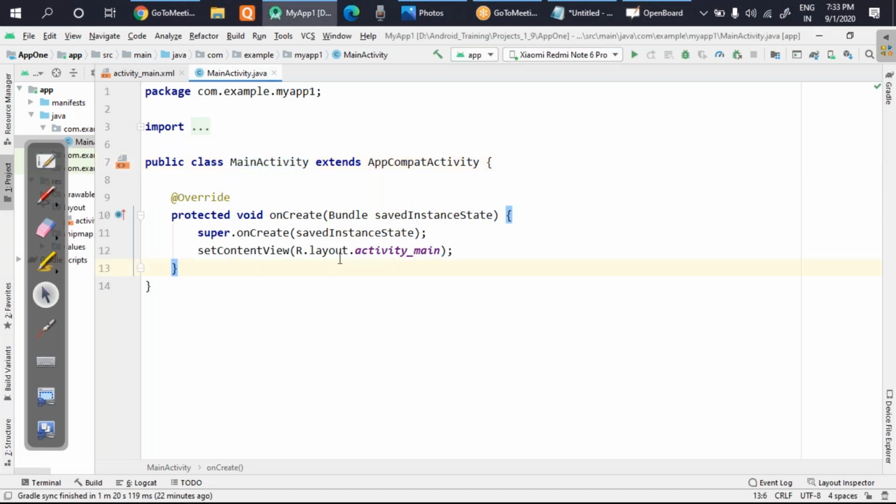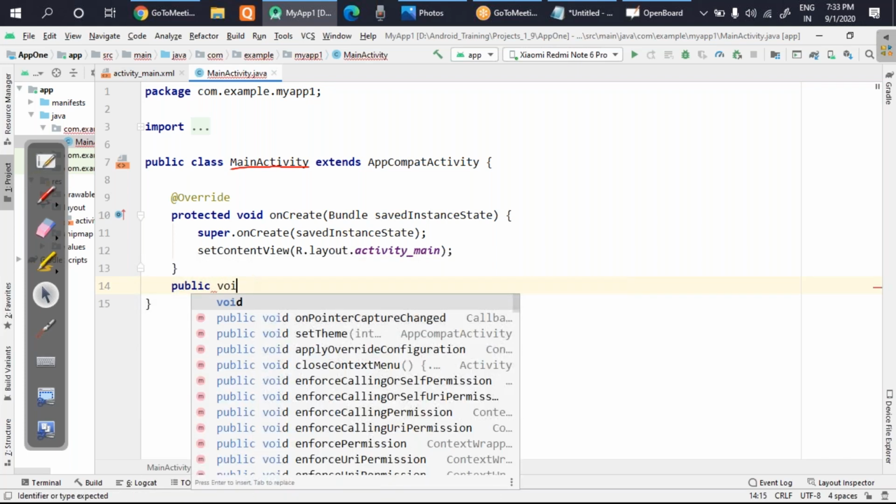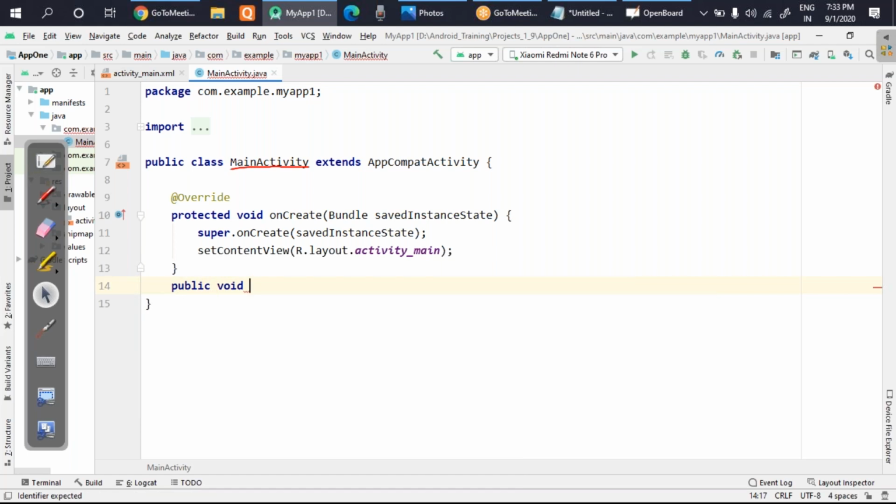If you look at the cursor now, I am inside the class MainActivity, but I'm not inside any function. I'm in a place where I can create a function. So I'm creating the function. I'll mark that function as public. Okay, public void. And what was the function name? It was clickMe. So I'll write here clickMe.